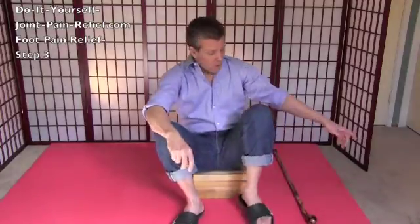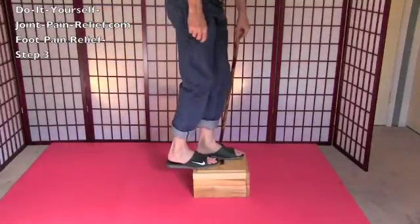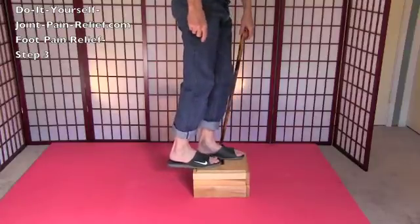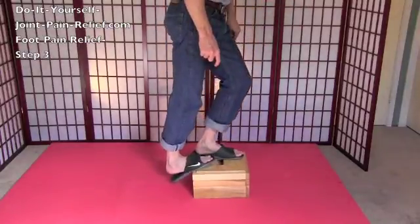Gary Crowley here with a calf stretch for you that you've probably seen many times, but I'm just going to add one little thing that will hopefully make it much more effective when you're trying to release your calf muscles. Basically what you want to do is find a stair or a staircase, but you just need one stair, and like you've seen many times before, you just want to very gently, being the key word, put the weight in the ball of your foot here, right where my Nike stripe is, and then just let that